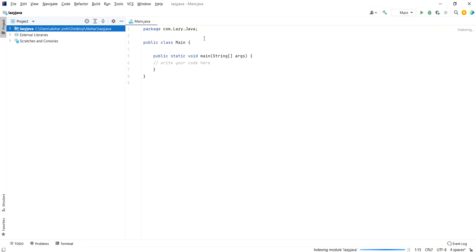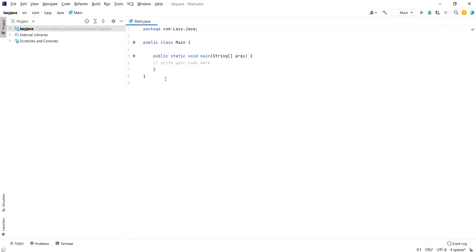This is the package where all the components of your program will be stored. Now, I won't explain these right now. Let me tell you how Java programming is done.